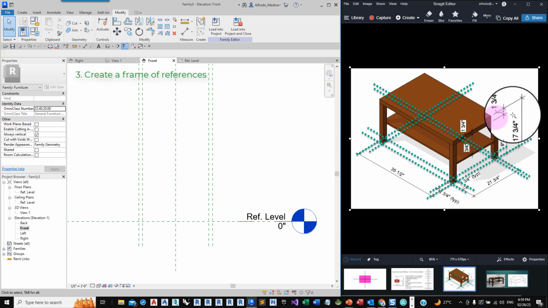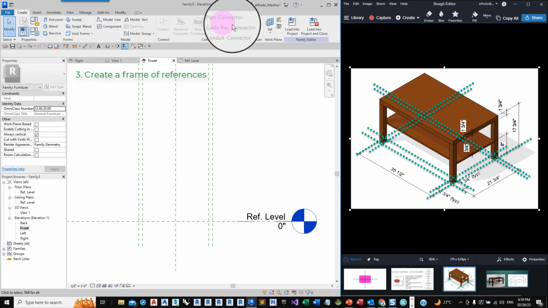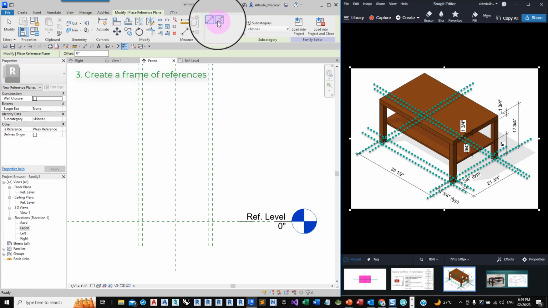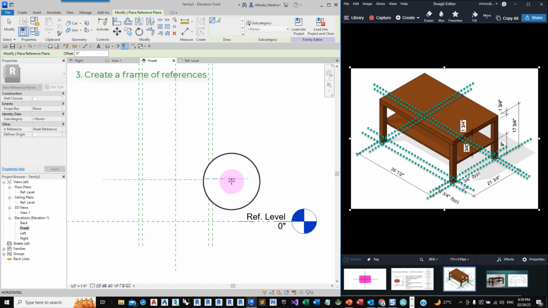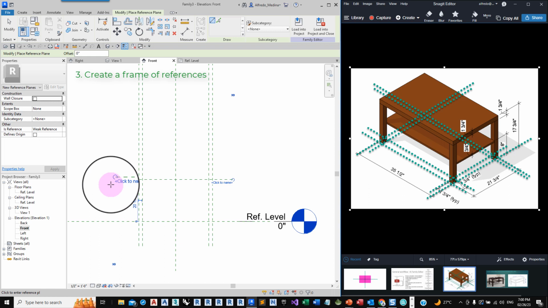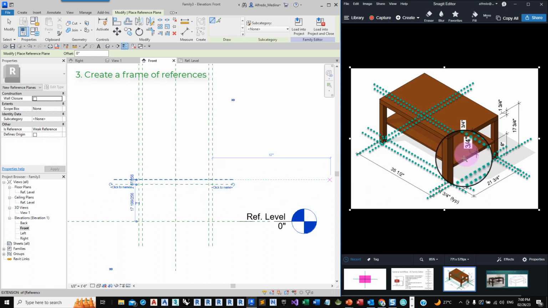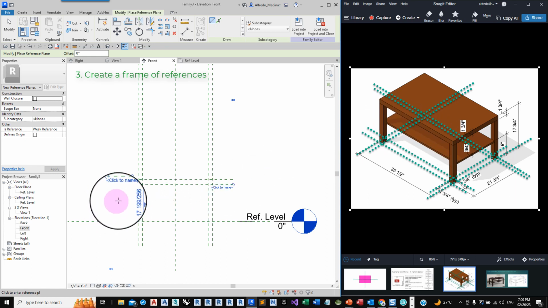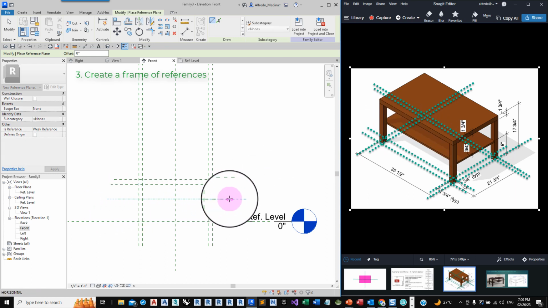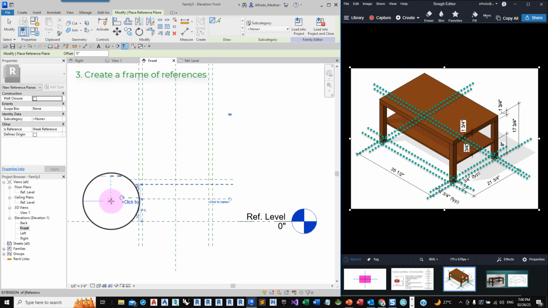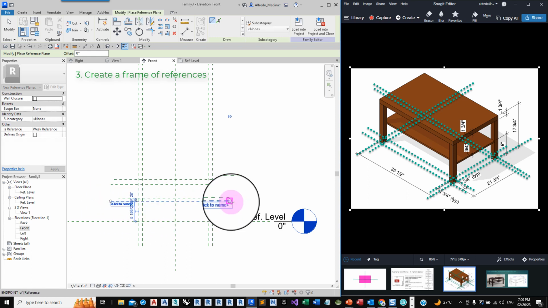Okay, so coming back to the image, we see that the height is 17 and 3/4. So we can create a horizontal dimension to control the height at any height. Then we can put the actual dimensions. And there is also a thickness for the top board, and we need to have something to control the top of the shelf and the thickness of the shelf, like this.